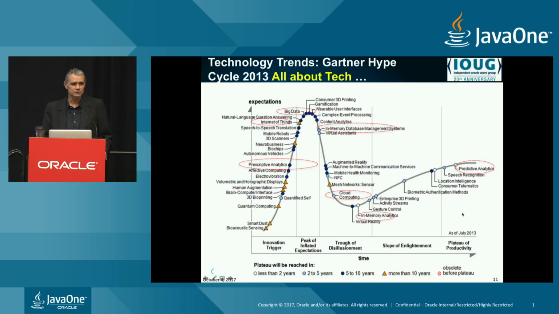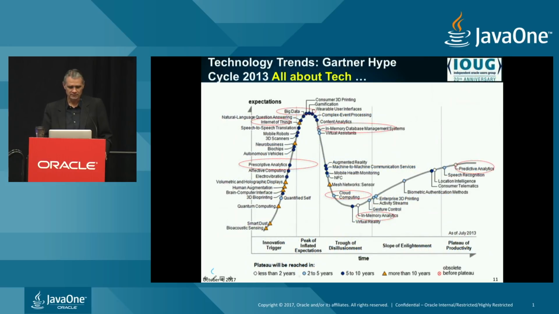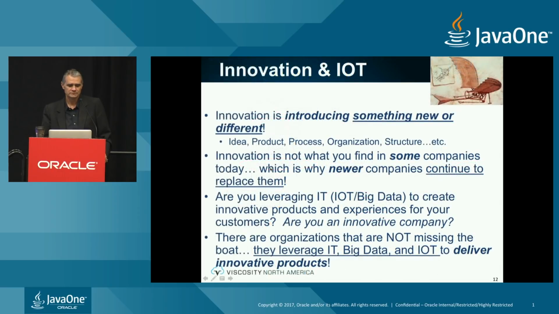And how many years it takes to go through this hype cycle is based on the color of the thing. So something like quantum computing is going to take more than 10 years. You could see in 2013, it was kind of all about tech, you know, big data, predictive analytics, the cloud to some degree. But if you look at innovation and how you're really going to make that impact,